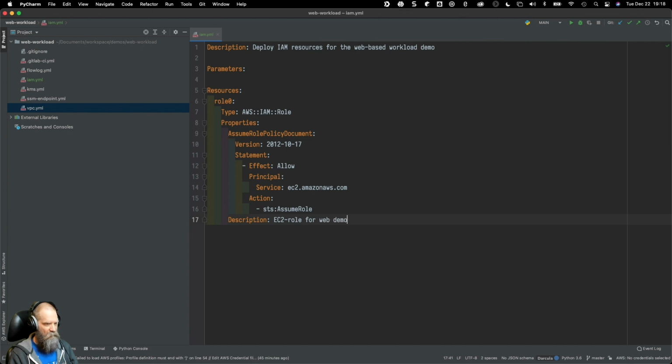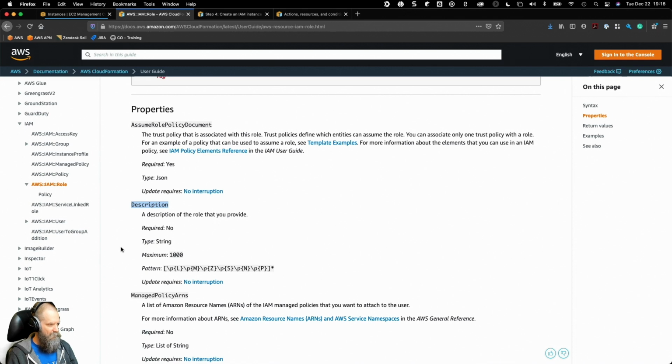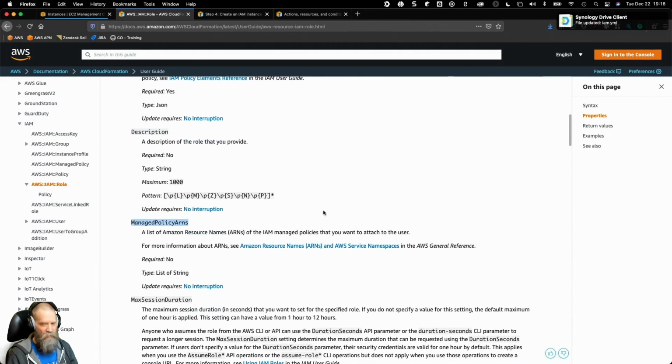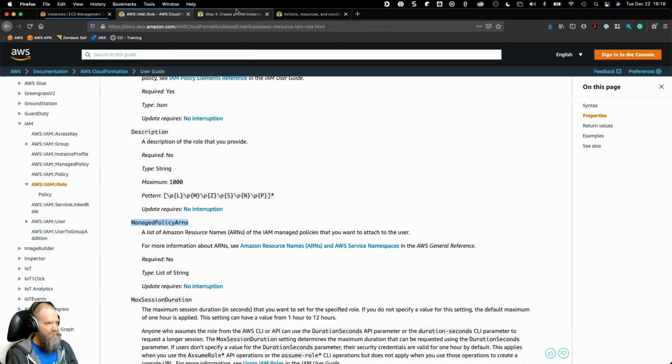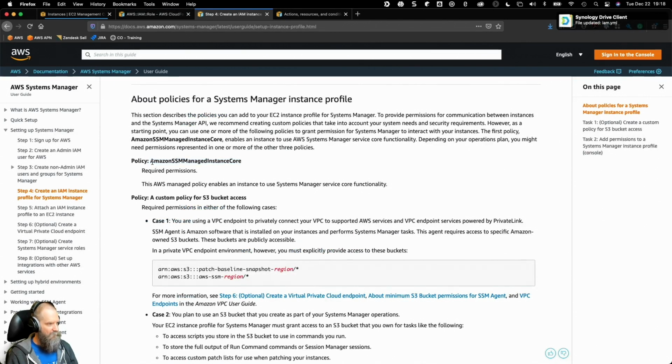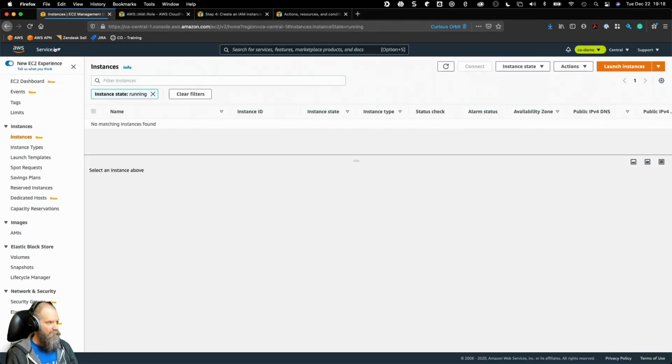Let's just call it web demo. This is the other thing I was thinking about. We are going to use a managed policy ARN. So in this case, we want to use what's documented here. Okay, so we need this one for sure. That's required, right? And the way that you get the ARN for this is we just go back over here,